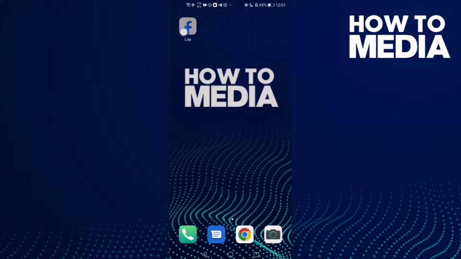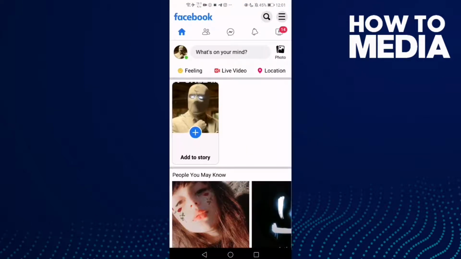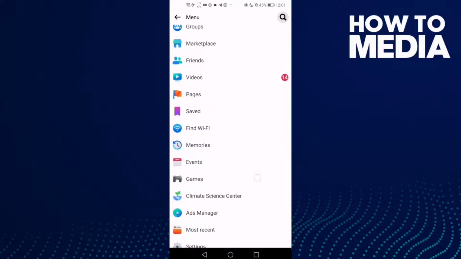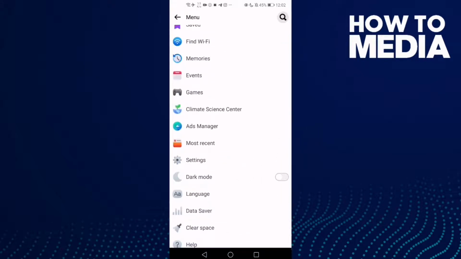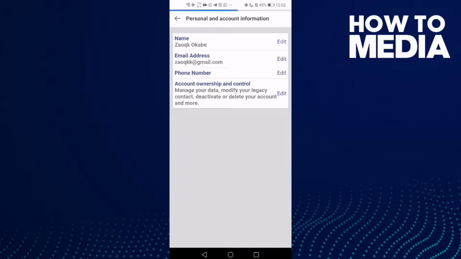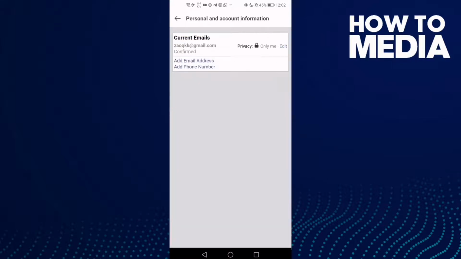First thing, go to Facebook Lite and now just click these three lines here in the top corner, and after you click on it just go down and here you will find settings. Click on it and then click personal and account information, and here you will find email address. Click edit and then click edit here,